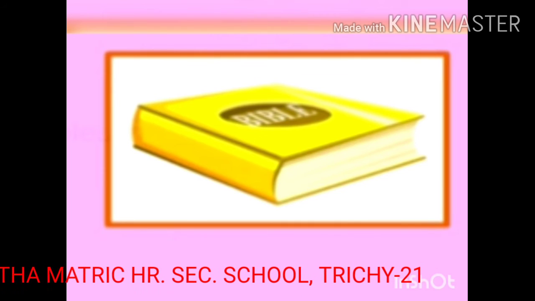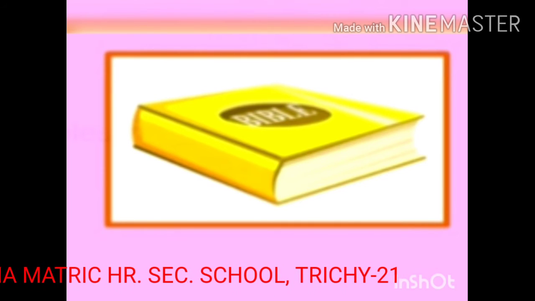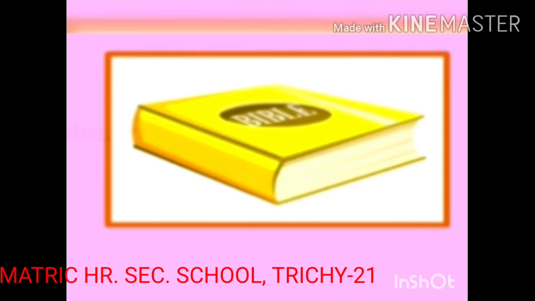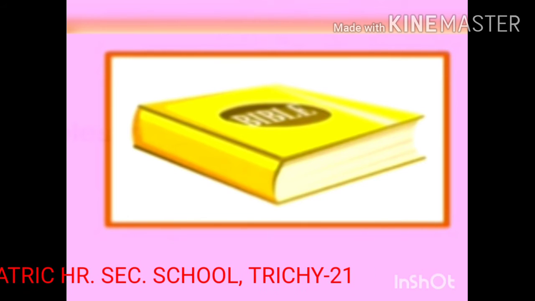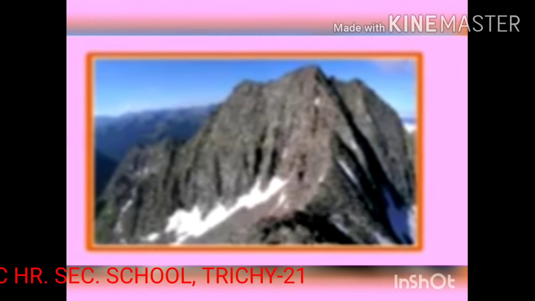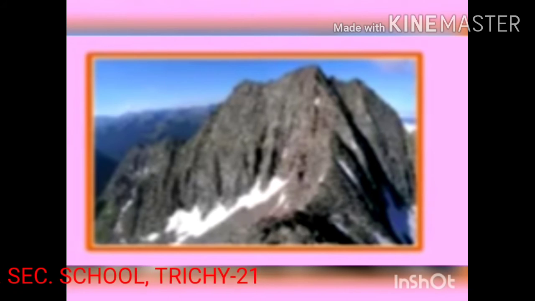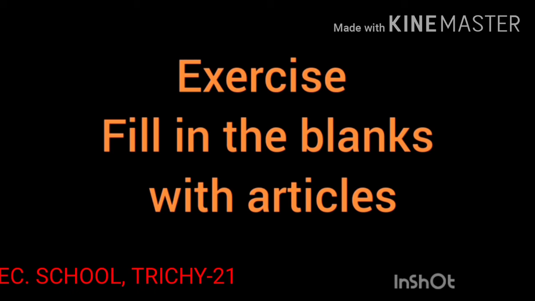Okay. When there is only one thing of that kind, we use the. For example, the sun, the Taj Mahal. Before names of religious texts, the Bible, the Bhagavad Gita. And then before names of mountains, rivers, seas and oceans, for example the Himalaya, the Ganga, the Arabian Sea, like this.